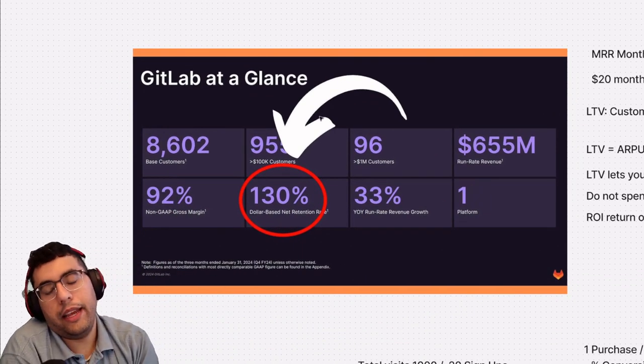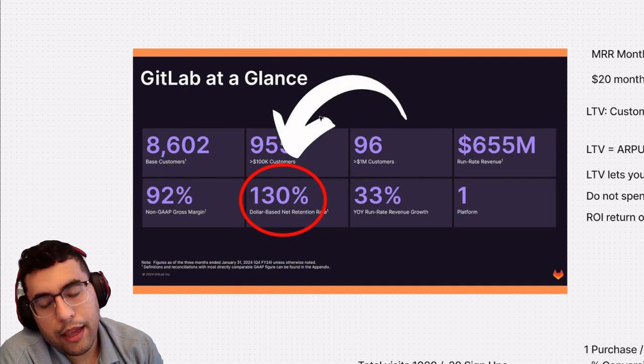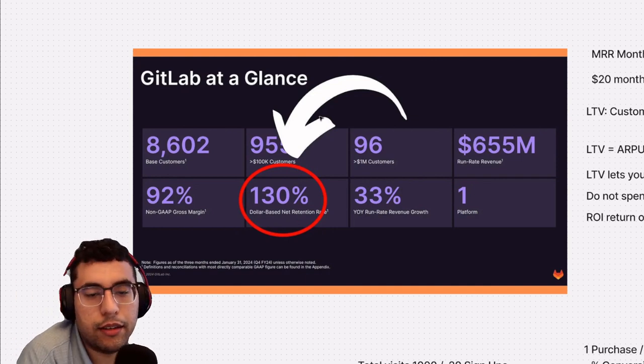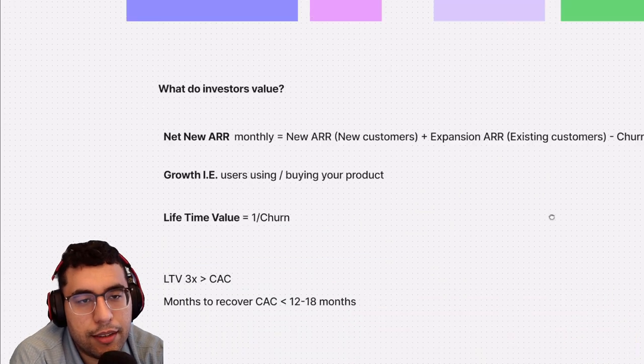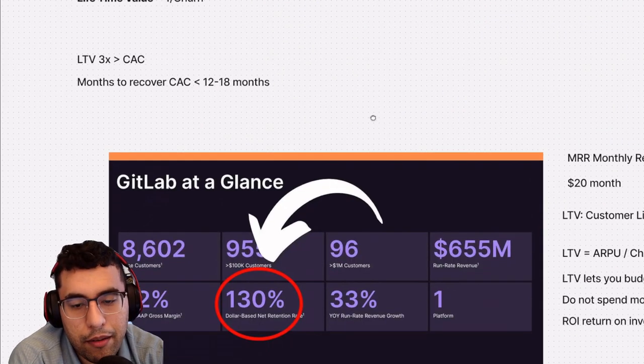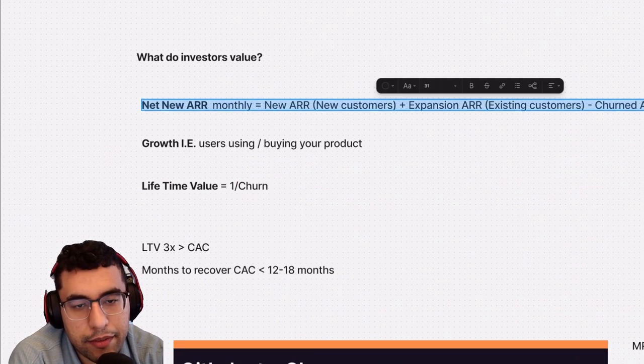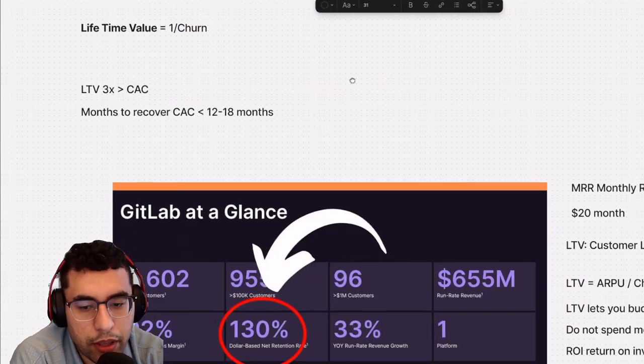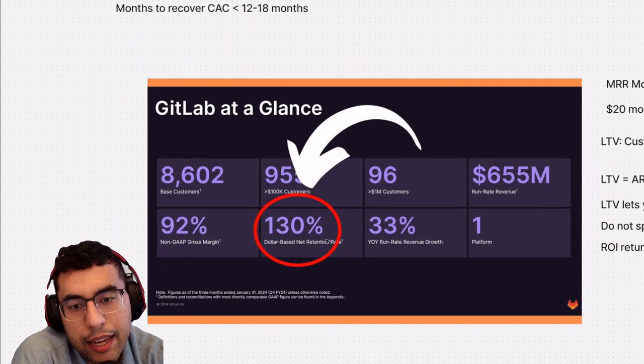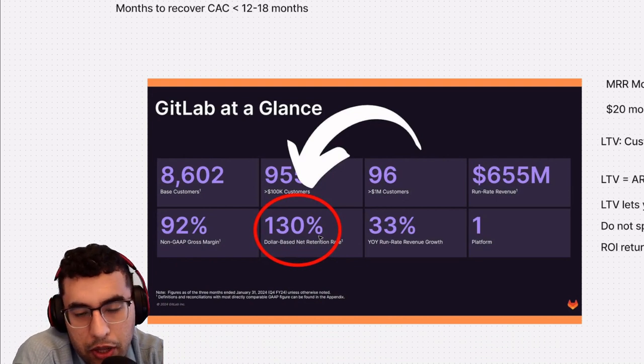Let's look at a real life example. On financial statements of GitLab, they have something called dollar-based net retention. That is just ARR. And this value is like a quarterly value, and it should never go below 100%. It should always be above 100%. So you see 120%,